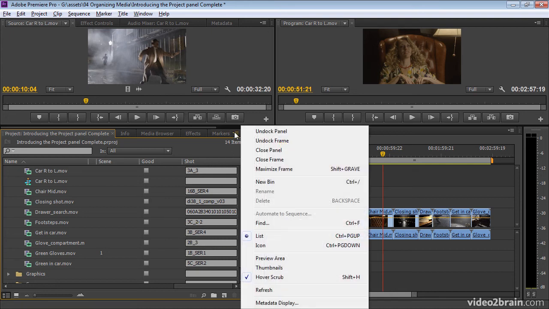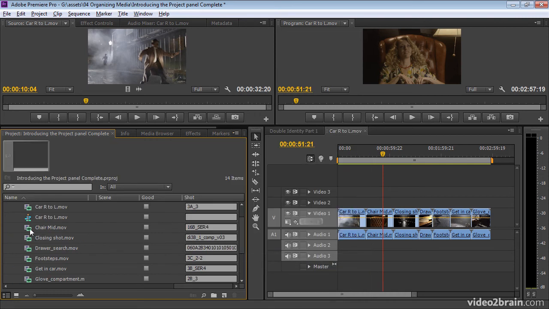Another thing is that with the new layout that was introduced with CS6, the preview area was turned off by default. And you were always able to do this in Premiere Pro. It's just that by default it was on. If I turn this back on now, you'll notice it's actually pretty useful. First of all, I get a thumbnail view up here. Less of a benefit now that we've got the